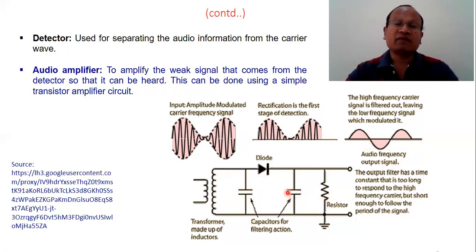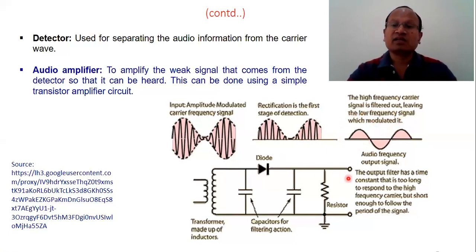We know that if it is purely a rectifier, it will generate a DC signal, but that doesn't happen, it will generate ripples. Those ripples are the envelope, which we use to separate the envelope. When it is conducting we get positive output, when the input goes down the bias will decrease, the current will be less, so the load output reduces, then again increases. This is how we have recovered the audio signal. So the high frequency carrier signal is filtered out, leaving the low frequency modulating signal.